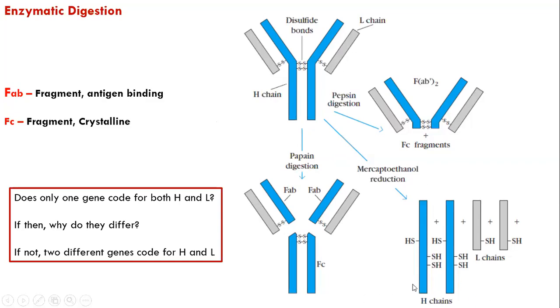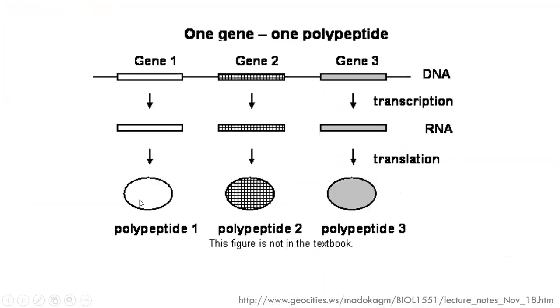You can say that there is a gene for the heavy chain, and there is a gene for the light chain. That has been proved with some other experiments. But again, fundamentally, these are chromosomes with genes organized as gene 1, gene 2, gene 3. Transcription happens, RNA comes, translation happens. One gene codes for only one polypeptide; gene 2, gene 3, different polypeptides will come. Likewise, there is a gene for H, and there is a gene for L. Again, remember that for L, there are two subtypes, kappa and lambda. So there are two genes for that.